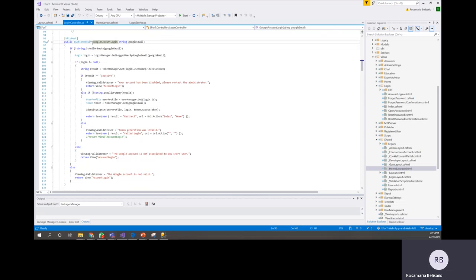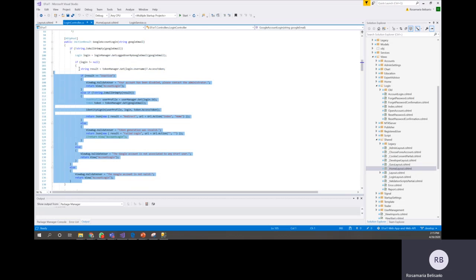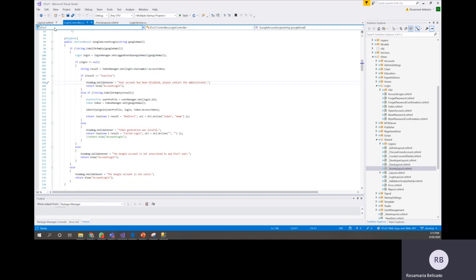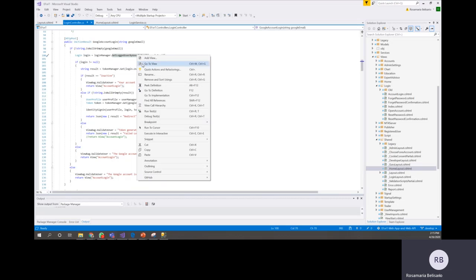right here we are in the controllers and the login controller, and we have the Google account login implementation, and you can see that you have here all the verification needed to double check if you are actually able to do the verification. Something that this will ask in order to get to the database is going to take you to get logged by user email, and this is going to take you to the next